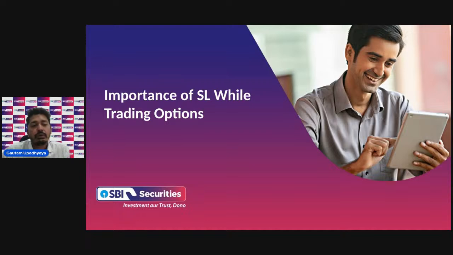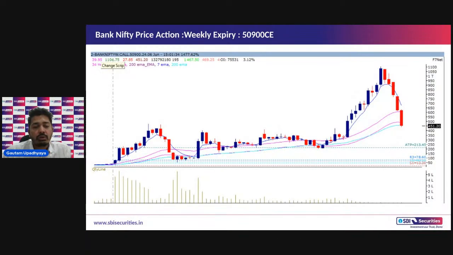Of Bank Nifty, because today the entire action was in Bank Nifty. So you should understand the type of movements which come in options. It is very challenging for a new trader to understand the type of volatility in option premiums. This first chart is of the strike price 50,900. You may feel that until 1 o'clock there is not much movement, but if you see the price,